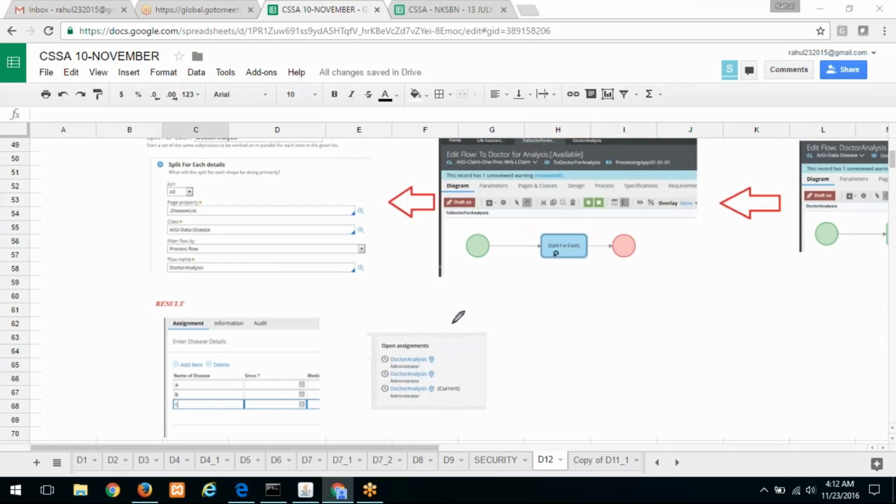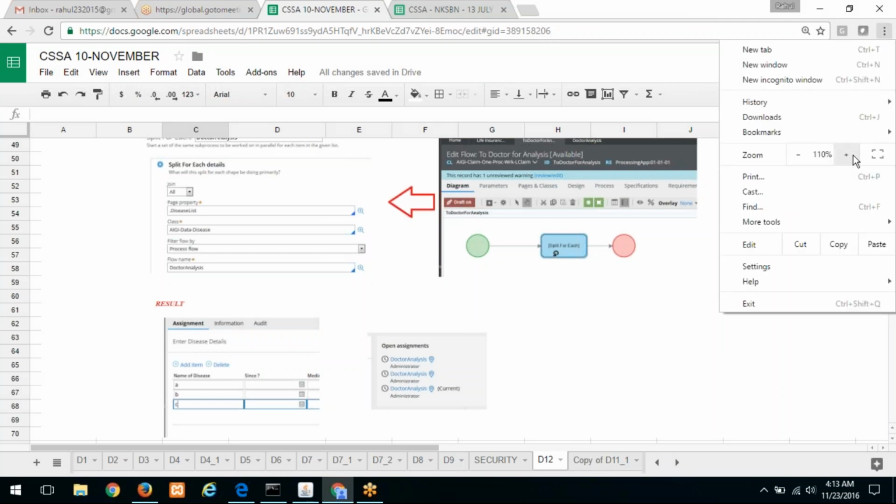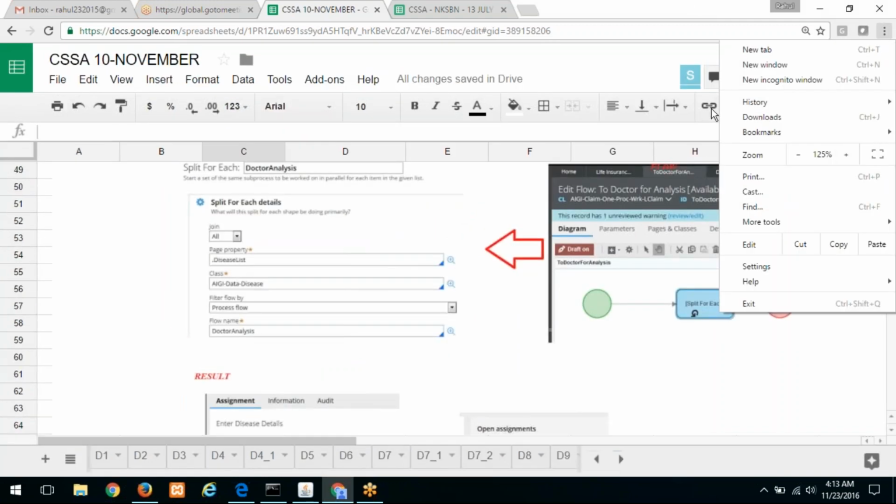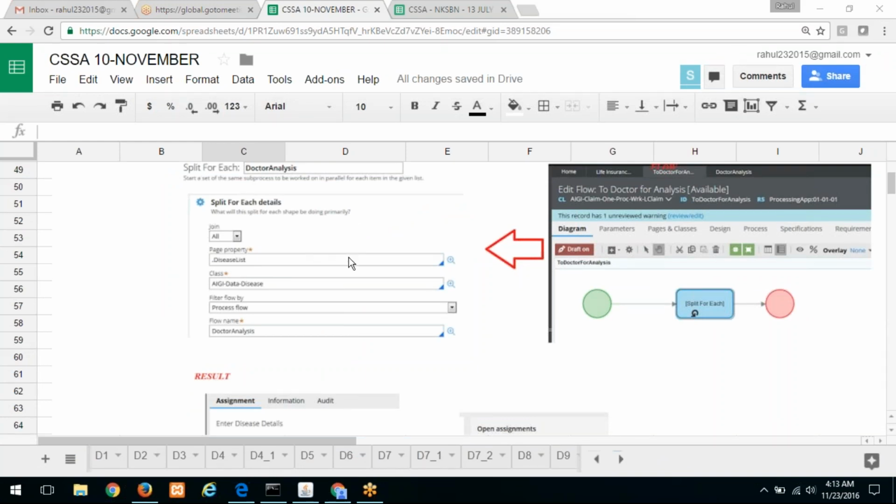We learned in our data modeling class that we have something called a page list, which is supposed to hold the list of items that we have. So this list of diseases that we have, we will hold it in a page list property. This page list property will have disease 1, disease 2, disease 3. That's what this list will have, and that we will give as an input into this shape